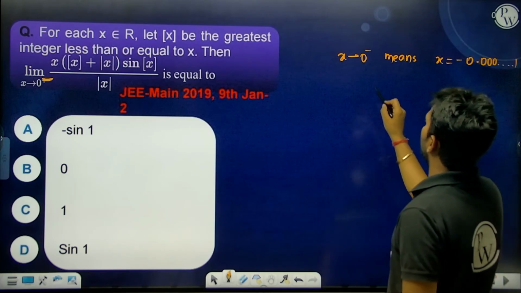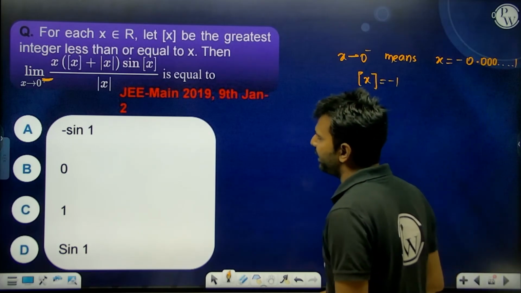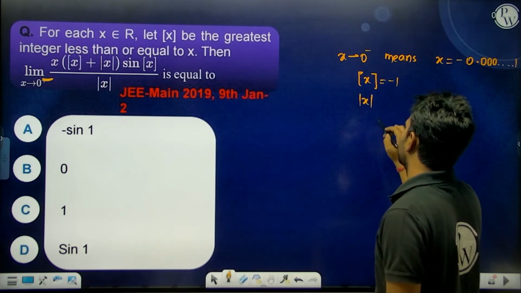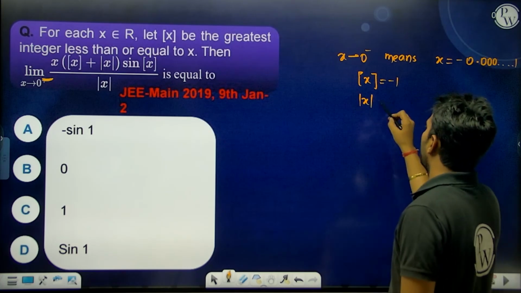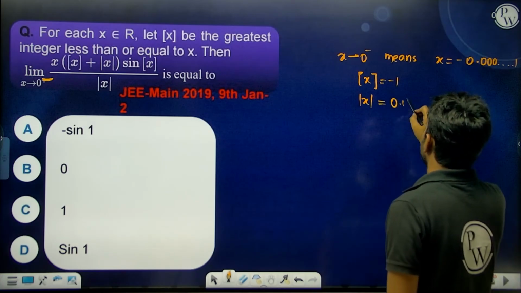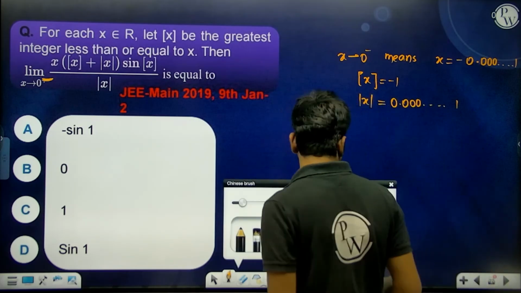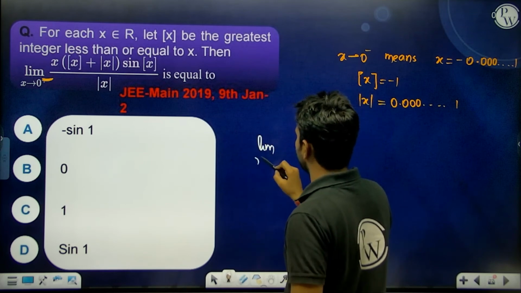So if we talk about greatest integer of x in this particular case, don't you think that it is going to be nothing but minus 1? If we talk about greatest integer of x, then don't you think that it is nothing but going to be minus 1 only? Okay, if we put these values in this original problem over here, limit x tending to 0 minus